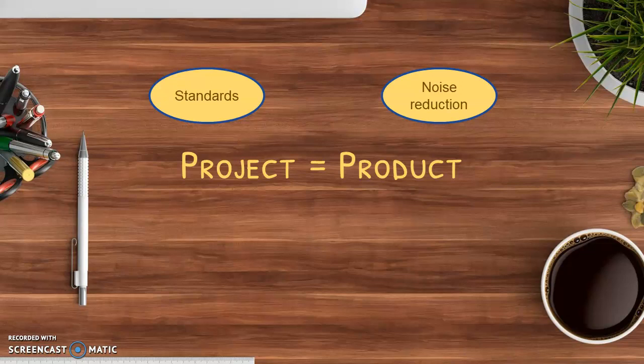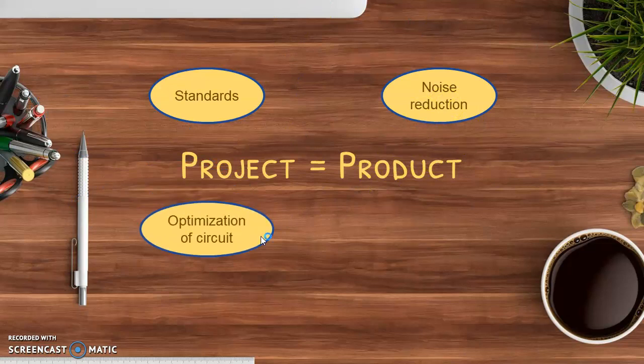Similarly, there will be people who are trying to invest their money into your product and they are expecting your product to be entirely noise free, entirely error free. So what are the techniques which we can implement with our project or product so that there is considerable reduction in the noise? So we need to look at all those noise reduction techniques.